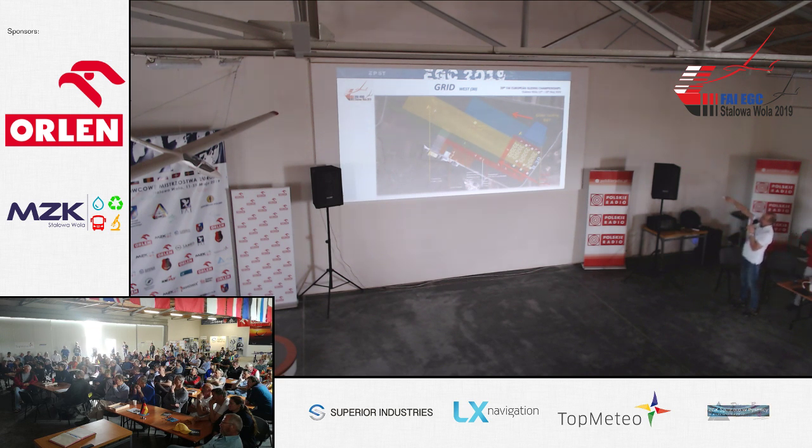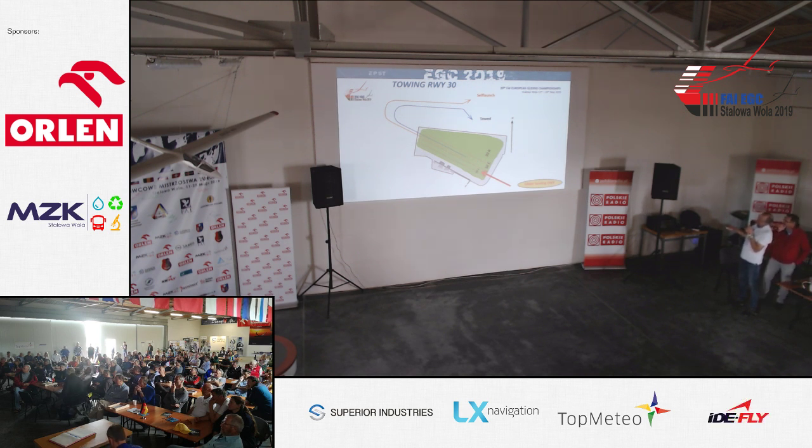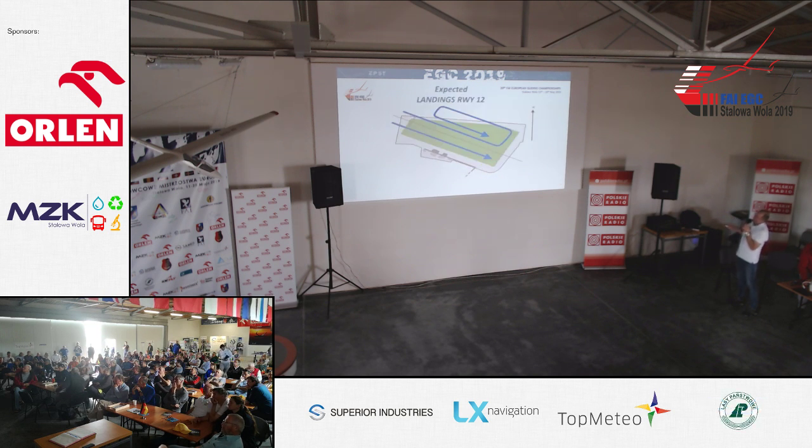And for the gliders who need to land during starts, this part of airfield is in good condition. It is far from the grid. This is the problem, but there is only one part of the airfield in this region to be good for landings. So this starts. I think that this procedure was used before. But this glider landing area is not actual. As I said, this part of airfield is for gliders landing during start procedures. Expected landings will be on runway 12 and